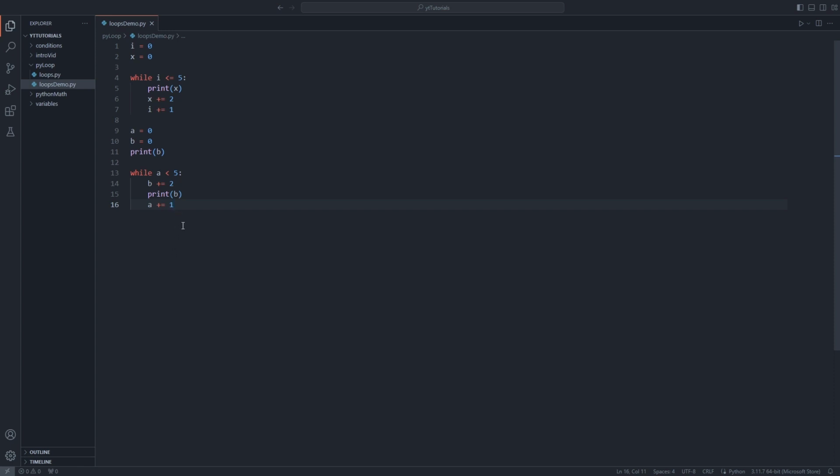Okay, so that's while loops. Let's talk about for loops. So, to explain for loops in a vacuum, so that way you don't have to have seen another video to understand the concept of for loops, I'm going to introduce a new function to you, and that is the range